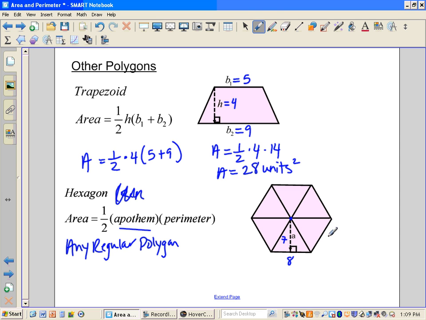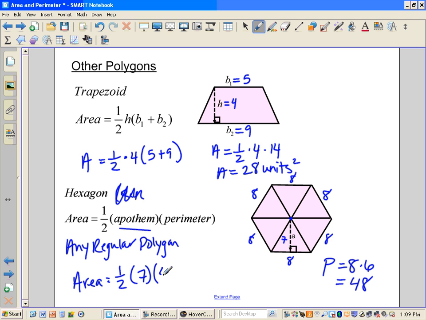So I'm going to use a perimeter of 8 plus 8 plus 8 plus 8 plus 8 plus 8, or a perimeter of 8 times 6. My perimeter is 48. So to find the area of this, I'm going to do 1/2 of my apothem of 7 times the whole perimeter, so that I take into account the whole hexagon. Okay? I'm going to just do this one out on my calculator. So 0.5 times 7 times 48 is 168 units